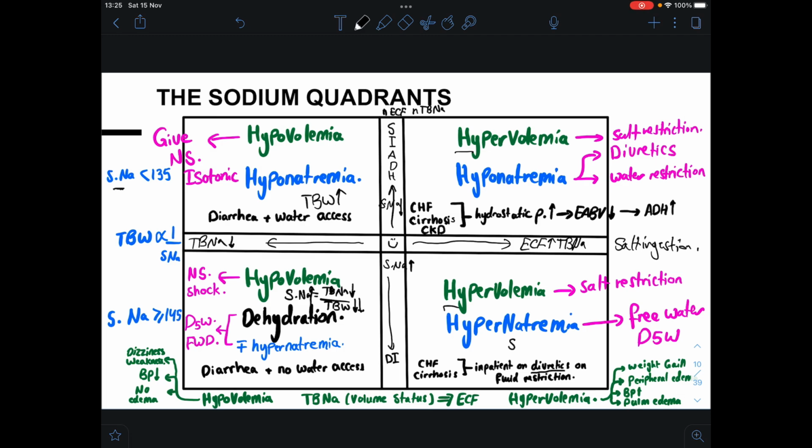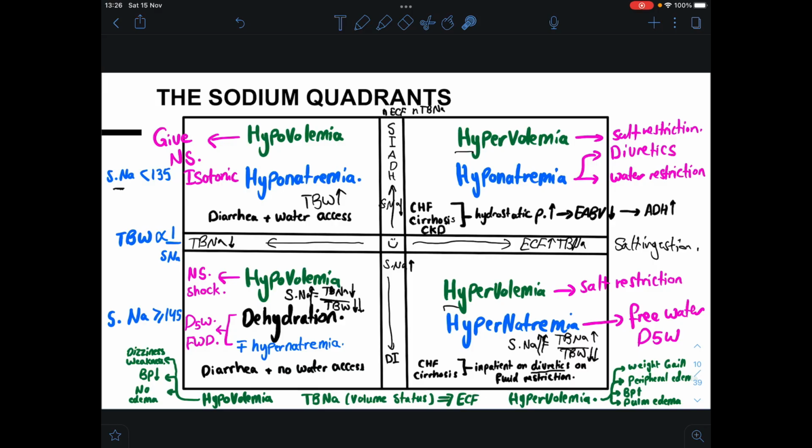You can understand it here. Serum sodium equals total body sodium over total body water. So total body water starts decreasing and the serum sodium starts increasing. Of course, the total body sodium is already increasing because they are reabsorbing sodium because of the high aldosterone levels. So this is a patient who has cardiac heart failure and is on diuretics. So we've given examples for hypovolemia with hyponatremia and